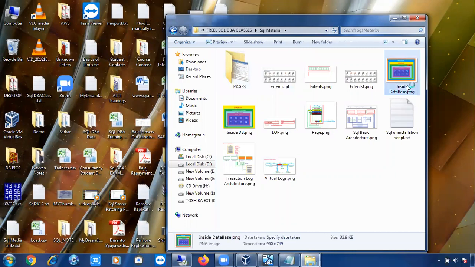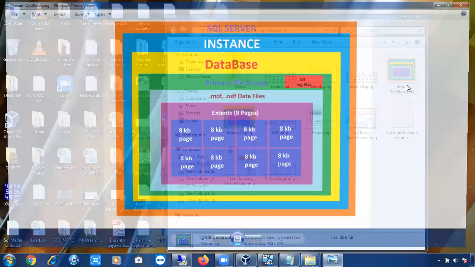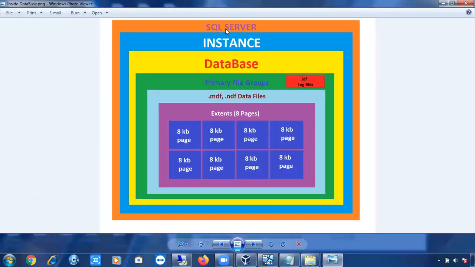Right. So if you go through this picture, you can easily understand some of the topics. In your SQL Server, instances will be there. Usually SQL Server means instance, right? If you go inside the instance, databases will be there.